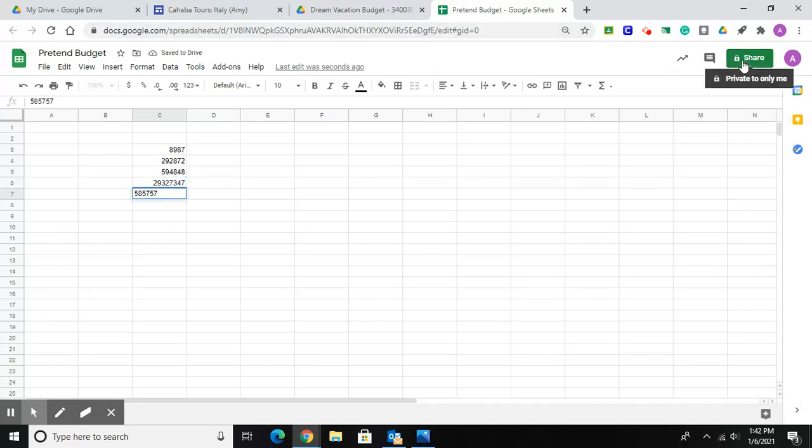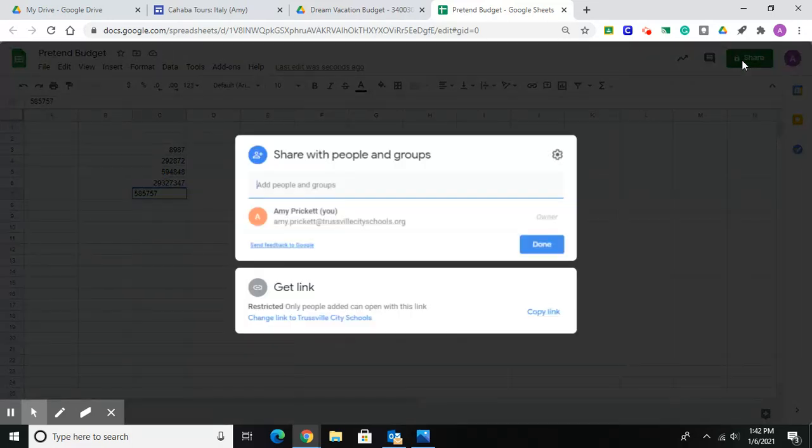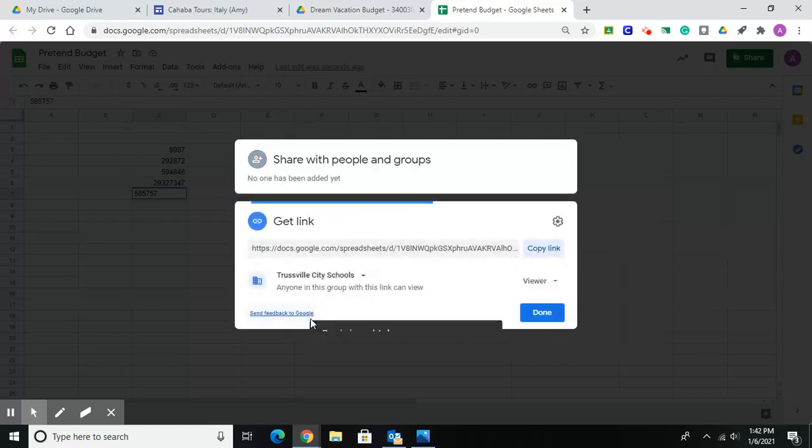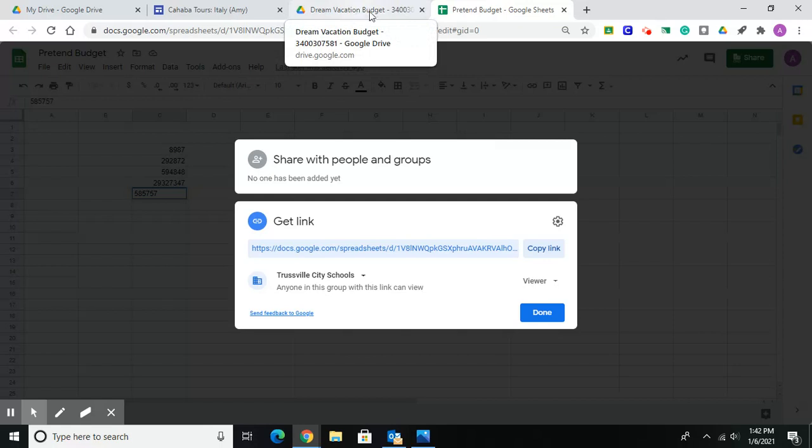So now what I want to do is I want to share this. And okay, see where it says share with people and groups. You're going to go down here where it says get link because that's what you're trying to do. You see the blue writing that says change link to Trustful City Schools? Click on that. And then see this little button that says copy link? Click on that. And then you're going to go on over to